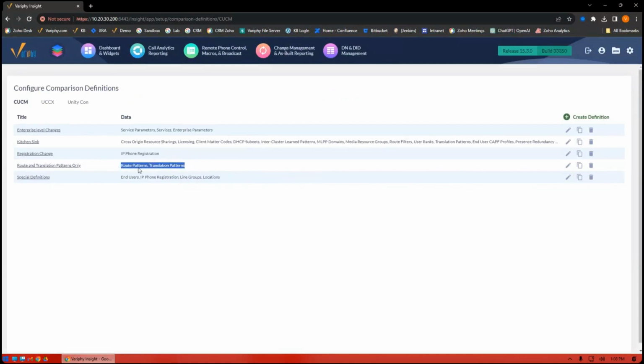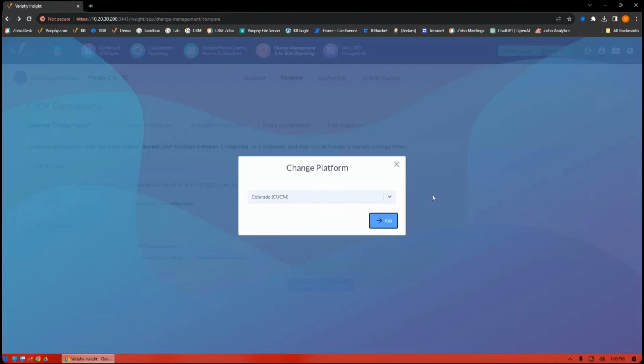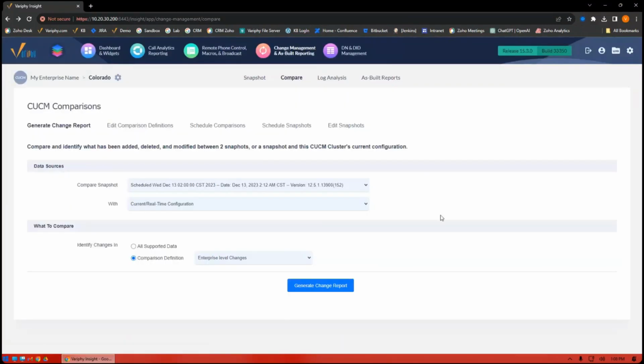You can see this is a pretty popular one, route patterns and translation patterns, along with end users, registration, lines, and locations. All right. Now that we have a comparison definition created, what we're going to do next is go ahead and apply that definition to our change management or our comparison. So let me switch back over to my Colorado cluster here,